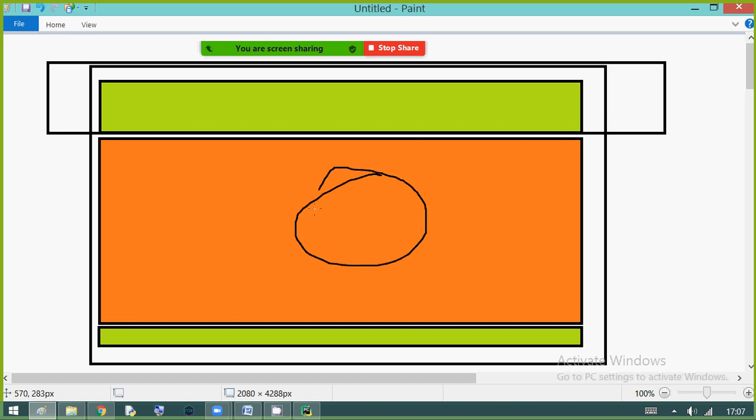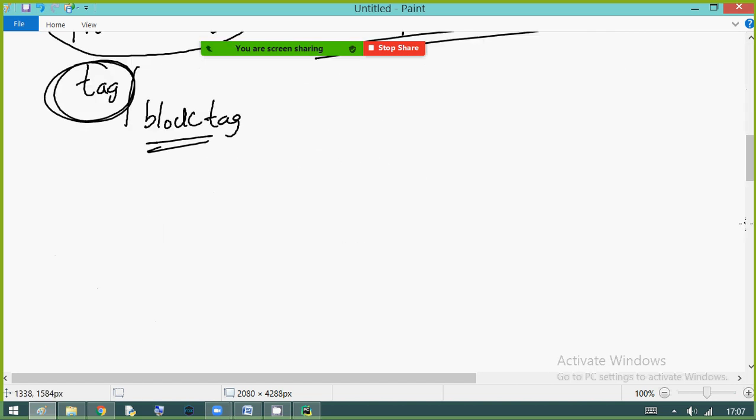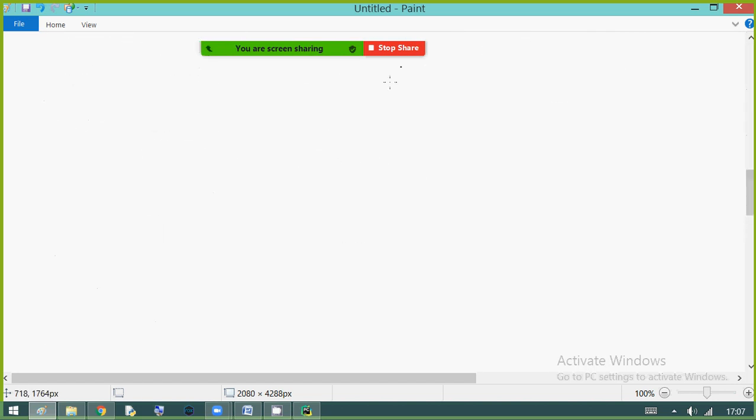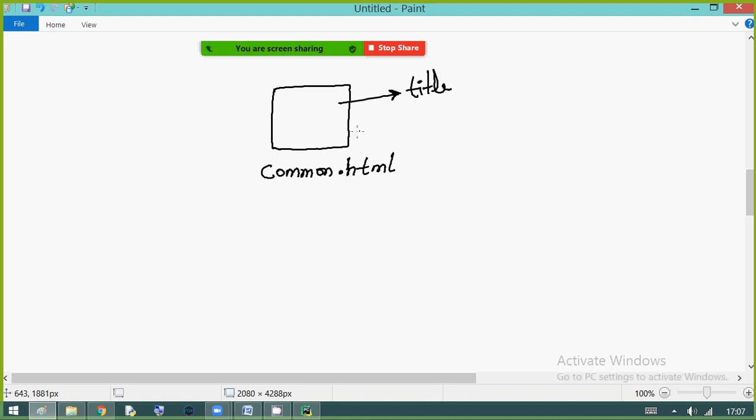The content part is changing, right? Now, I have written one template, which is named common.html. In this, I have written all the common parts, like the title and the copyright.